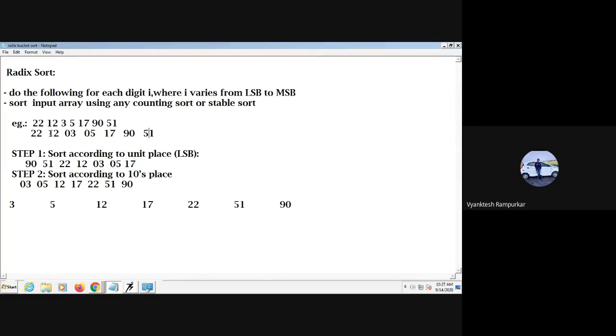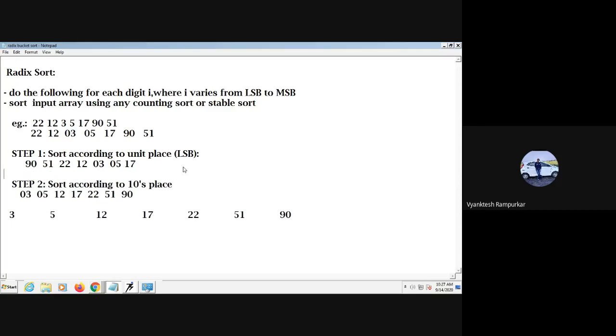Now in step 1, we sort according to unit place. So this is the unit place: 2, 2, then 3, then 5, then 7, 0, and this is the 1. So 90 comes first, then 51.